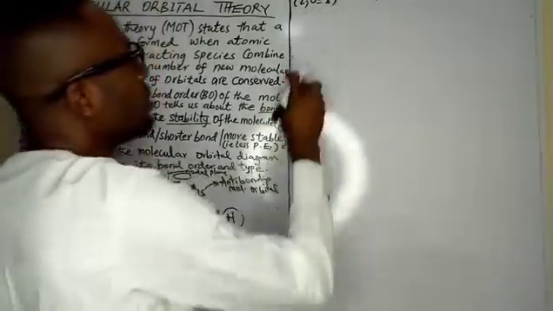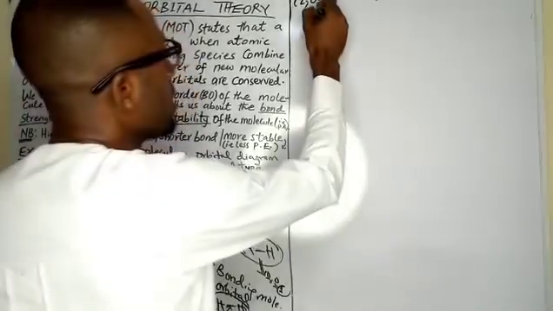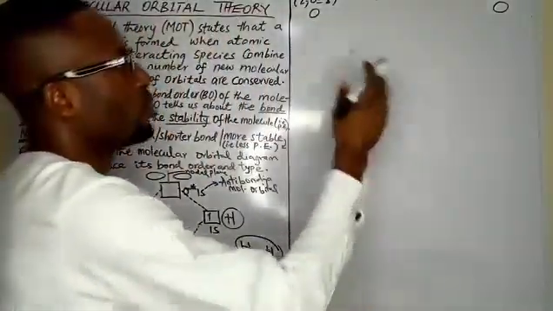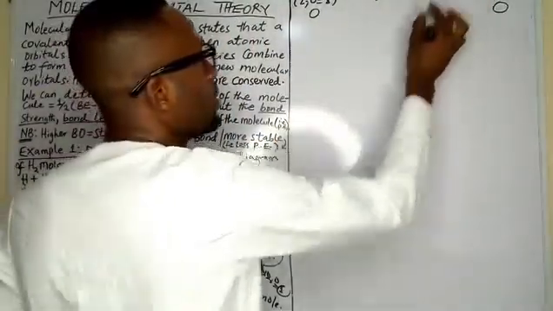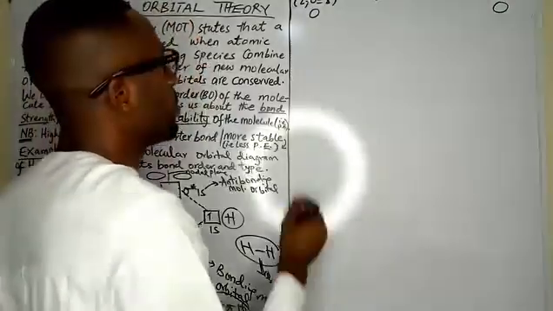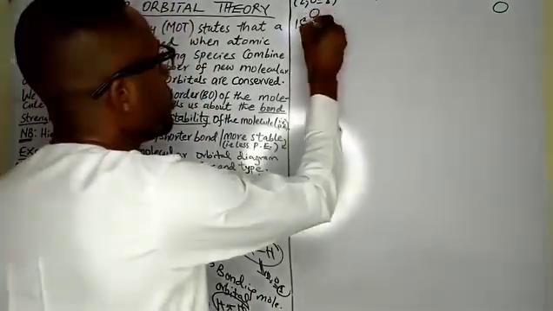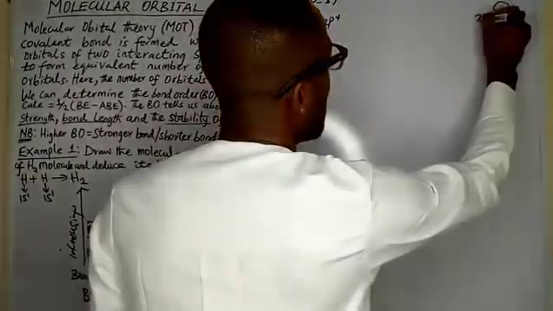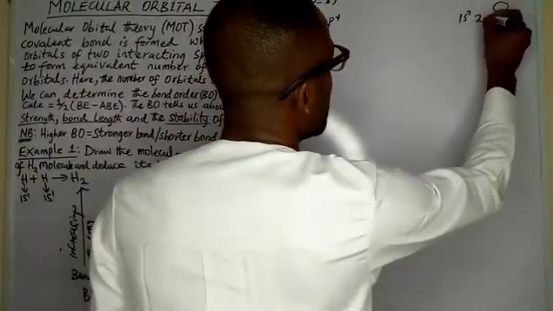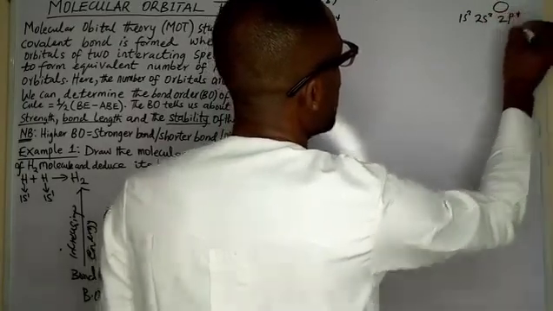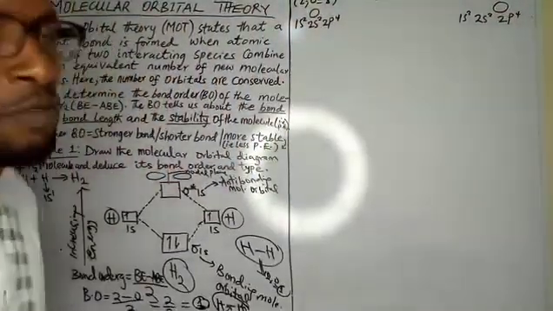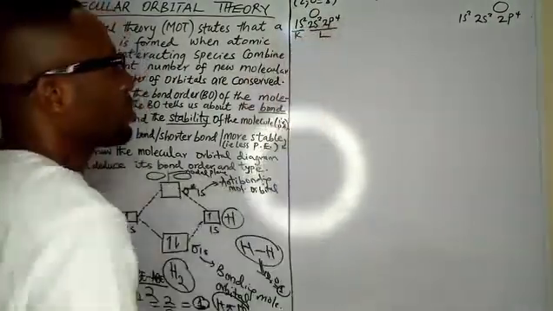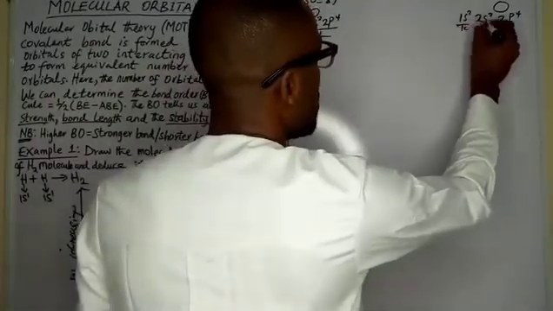And since you are dealing with 2 oxygen atoms, there is 1 oxygen atom this side and another oxygen atom this side. 2 oxygen atoms combine to give us the oxygen gas, the oxygen molecule. Remember, you have your 1s2, 2s2, and 2p4. For this one, you also have 1s2, 2s2, and 2p4, representing the electronic configuration of both. It's also important to know that the 1s belongs to the K shell, while these two belong to the L shell.